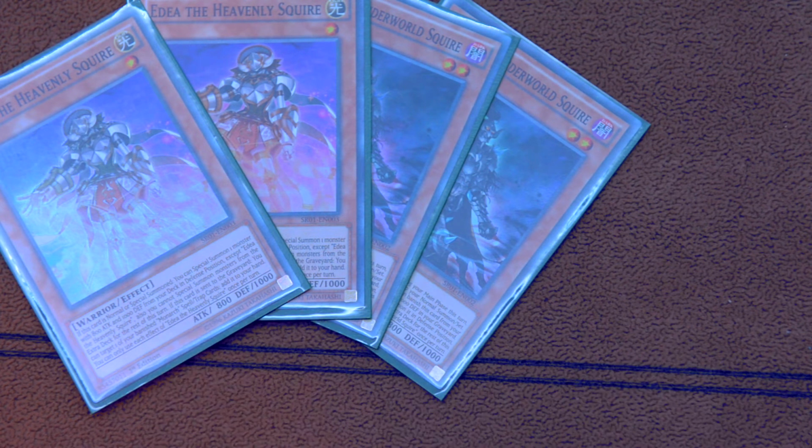The only problem is Edea is really easy to Effect Veiler, and pretty much as soon as you drop this, your opponent's going to drop an Effect Veiler, and your turn's going to pretty much end there because you already wasted your normal summon. That's why I like the Power Rangers. It doesn't matter if their effects are negated, they're already on the field, and you can still normal summon for that turn. So these are good, but I only run 2 of each